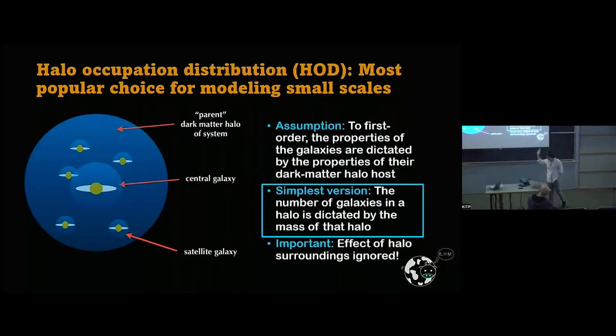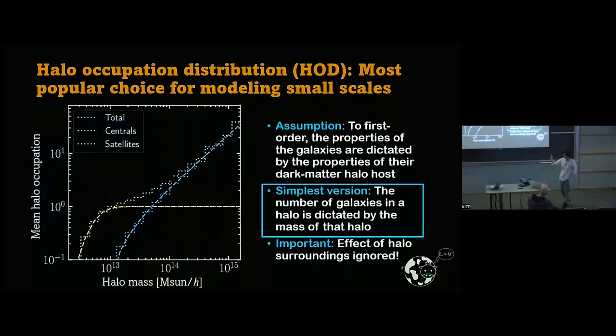And in the simplest version of that, which is quite ubiquitously used, we can say that the number of galaxies is dictated by the mass of the host halo. I just want to draw a parallel here with the idea that Christophe Pichon had yesterday: this really is an example of a model that considers these halos as perfectly spherical cows. And maybe that's not the right thing to do, as I will try to argue.